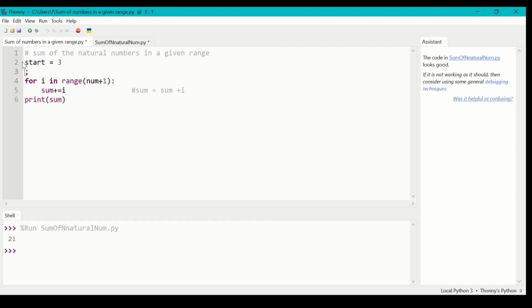end. So I will keep sum as it is here. And end is equal to 8. So again, in the for loop also I need to make modifications, like start, comma, end